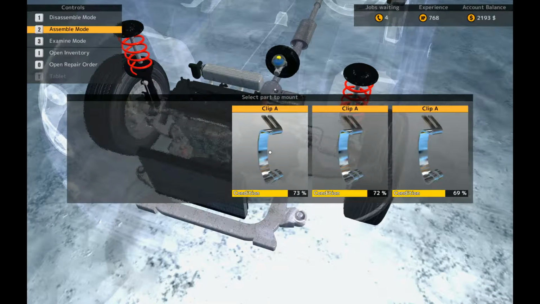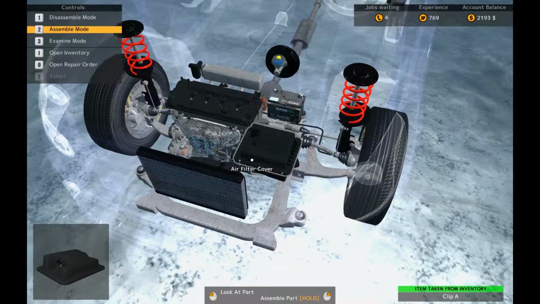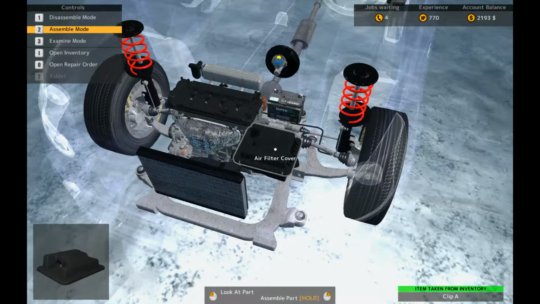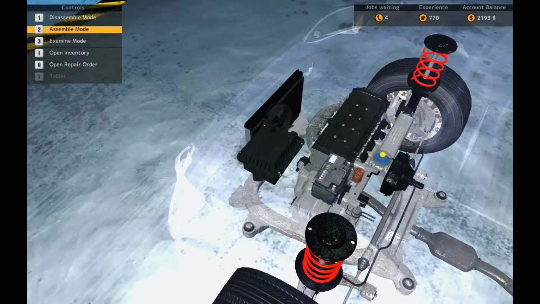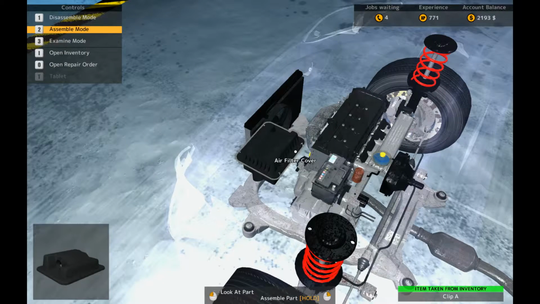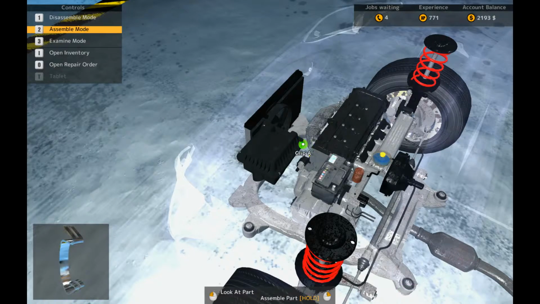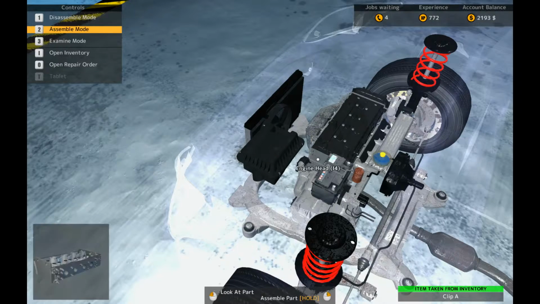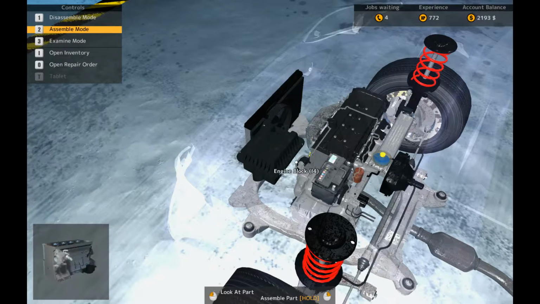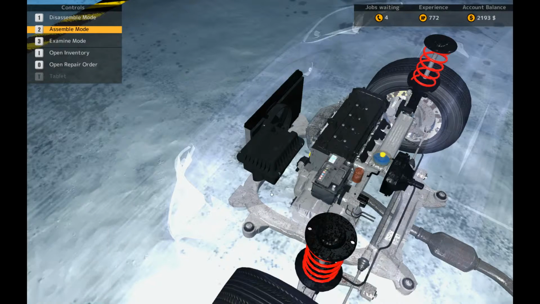And take a look. So we're putting the clips back. And there are DLCs for this game. So you can actually get all sorts of cars, not just these particular ones, which are very generic, I would say. They're very good representations of what you'd find in an engine bay, or the engine room, for some of you. But engine compartment